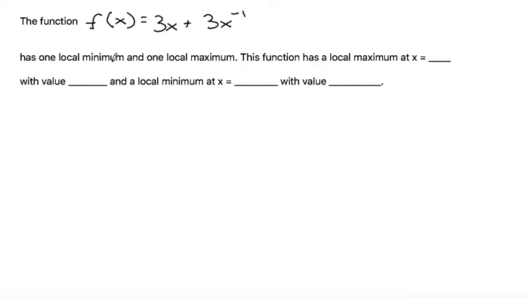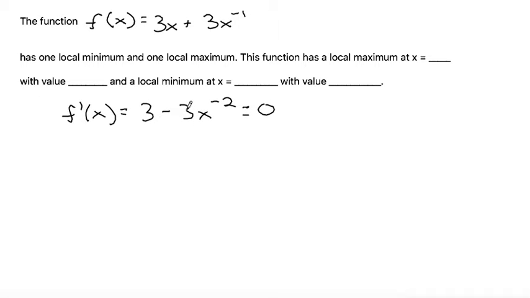So first of all, to find local mins and local max, we need to find the critical points. And the critical points are where the first derivative is equal to 0. So we need to start by finding our first derivative. The derivative of 3x is 3, and the derivative of 3x to the negative 1 is minus 3x, subtracting 1 from the exponent to make that negative 2. So we set this equal to 0,